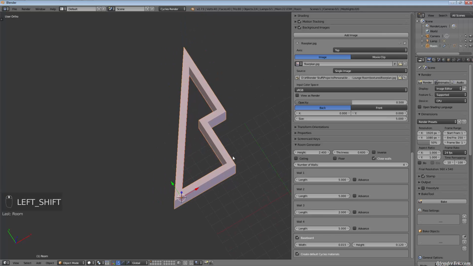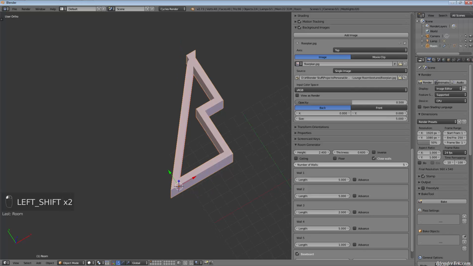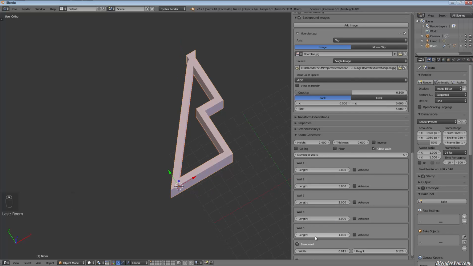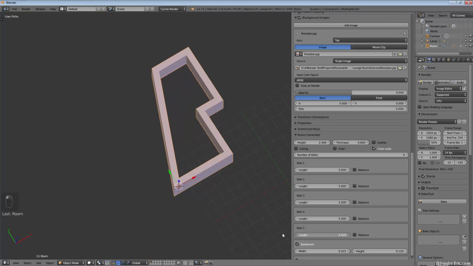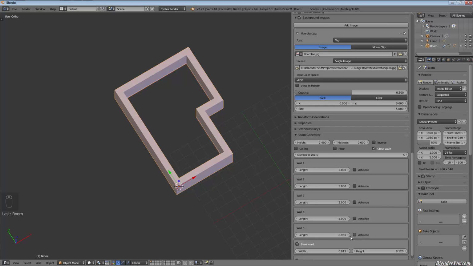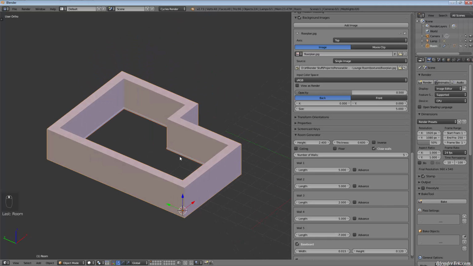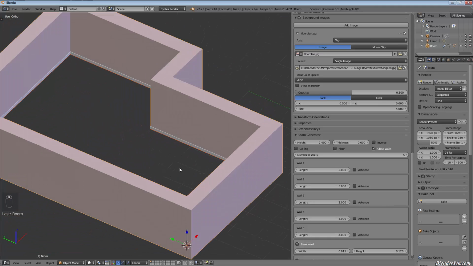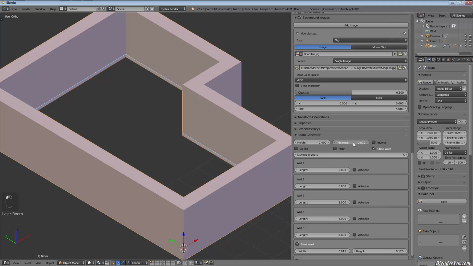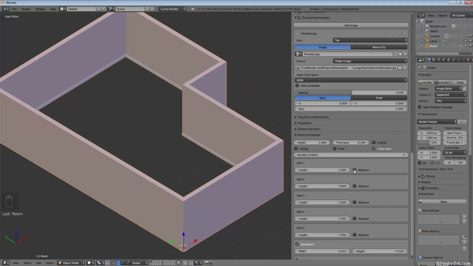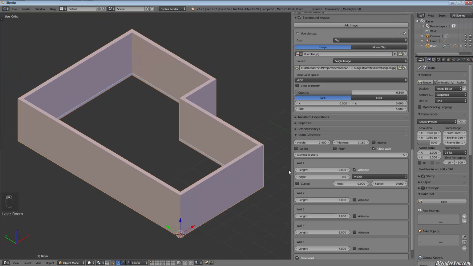So now you can see that it's made this triangle wall. If we don't want that, we might have to add another wall and make it a certain length. And so you can see how this creates certain walls. What's the math? Oh yeah, -7. So there, you can see it's created a nice little setup for us with baseboards. And the thickness still works all the way through, and it also has advanced options, so you can change the